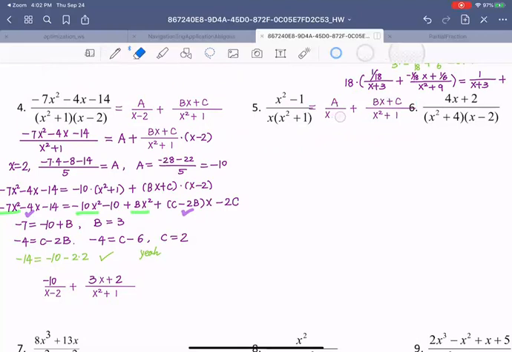The only difference is we can change this guy to A over X. Okay. Now, if I multiply by x for each term,